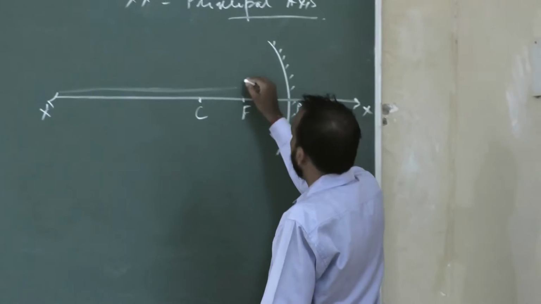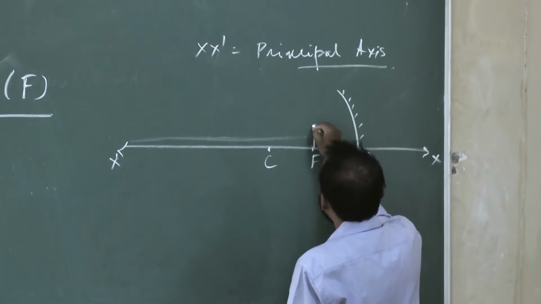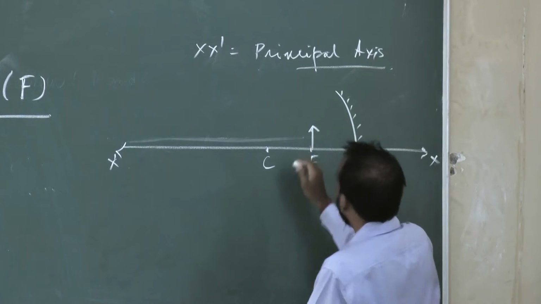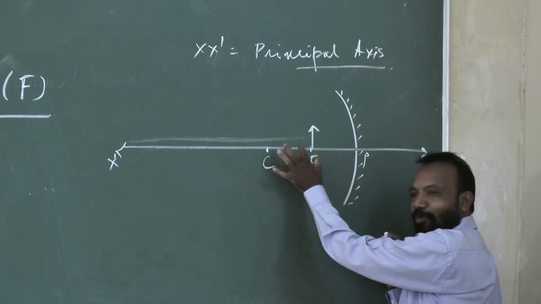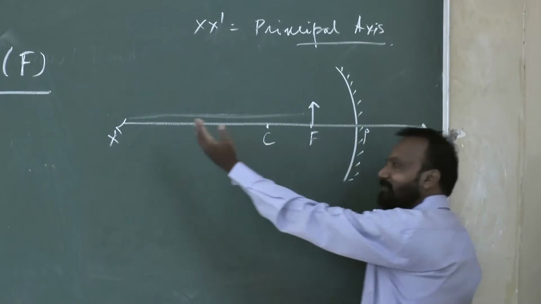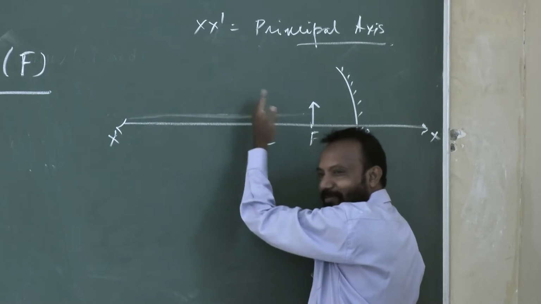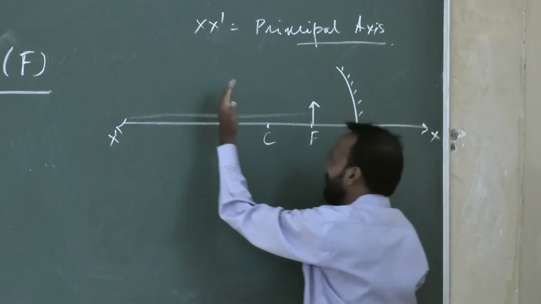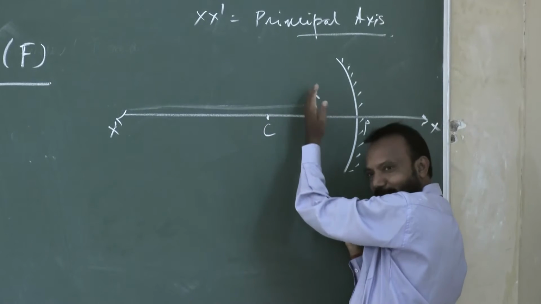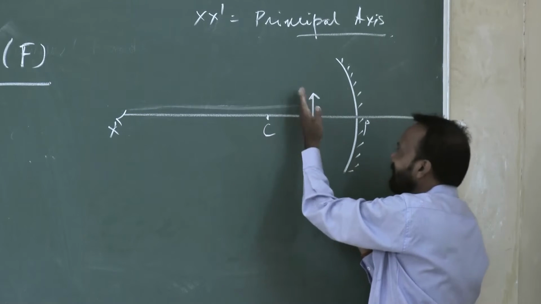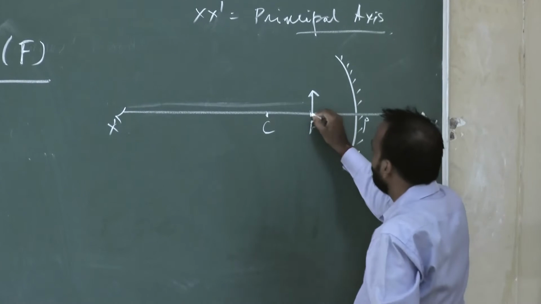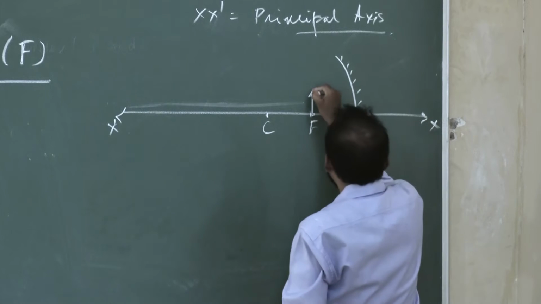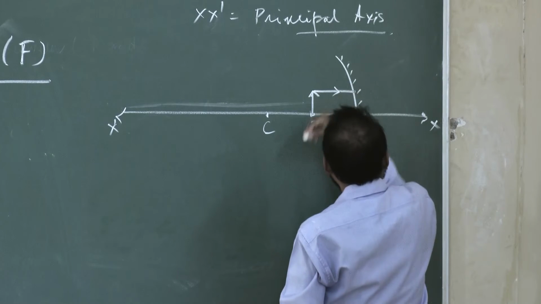Now the object is at focus. Before that, the object was in between focus and center of curvature. Now this object is coming towards the mirror. Before it was at infinity, then it came beyond C, then to C, then in between C and F, then it is coming to F. Okay. If it is coming to F, now the ray diagram will be like this.